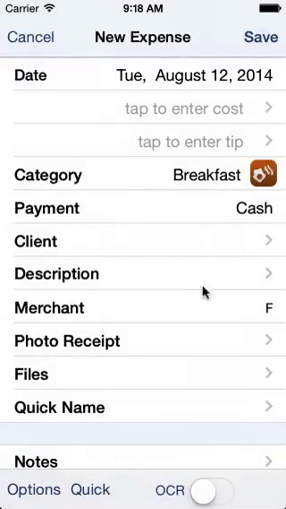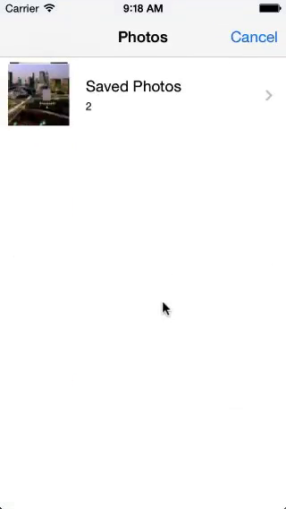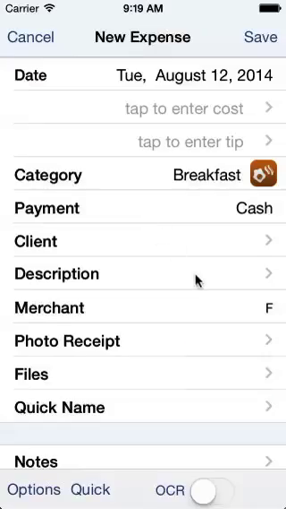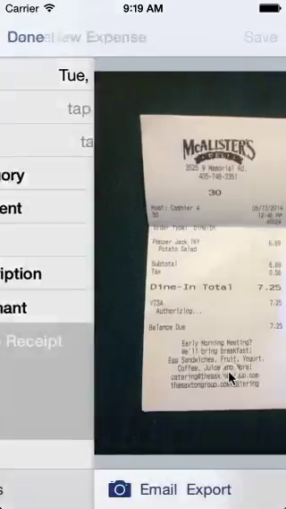So now, getting right along, I wanted to show you photo receipts. When you tap on this, you're going to give them the opportunity to take a photo. I'm sure most of you have already done that. But what I wanted to show you is, well, I can't take a photo with the simulator, but I'm going to select a photo. And what I wanted to show you is, once the photo is saved, if you tap on it,